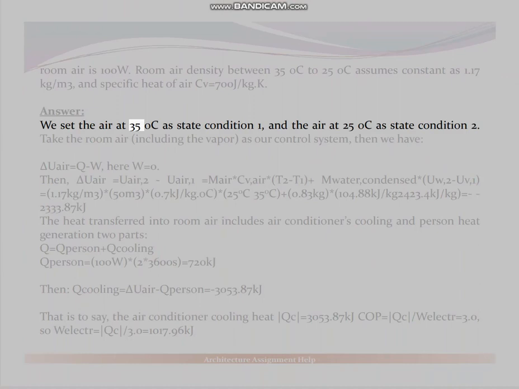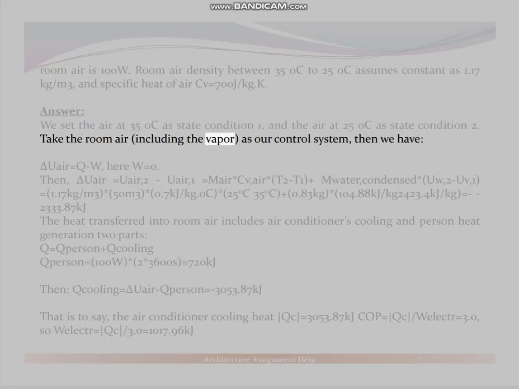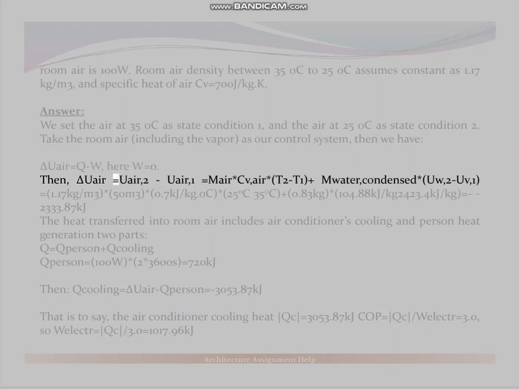Answer. We set the air at 35 °C as state condition 1, and the air at 25 °C as state condition 2. Take the room air, including the vapor, as our control system, then we have increment U equals Q minus W, here W equals 0. Then, increment U equals U2 minus U1 equals m air asterisk Cv air asterisk (T2 minus T1), plus water condensed asterisk (u_w2 minus u_v1),